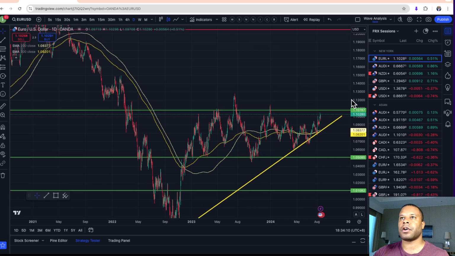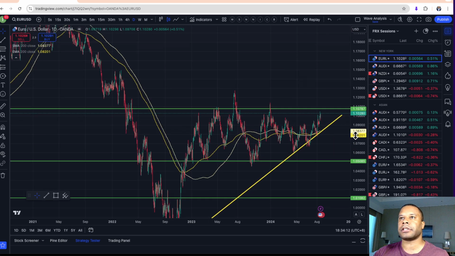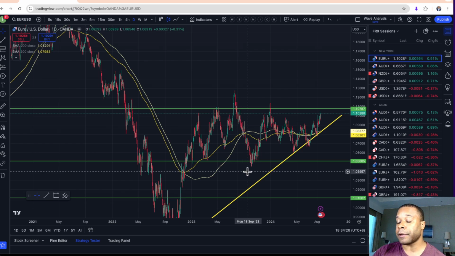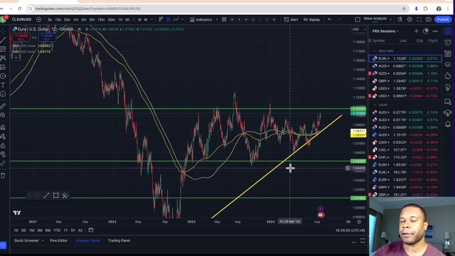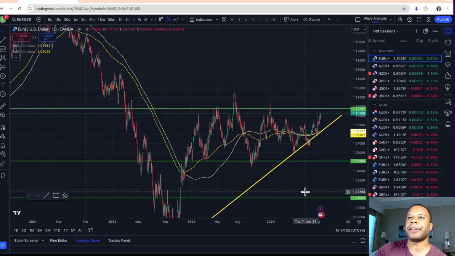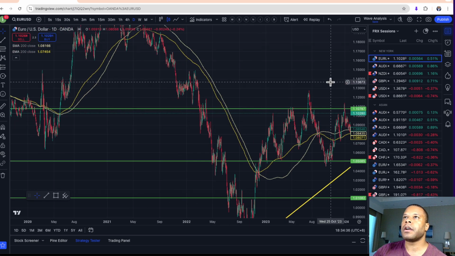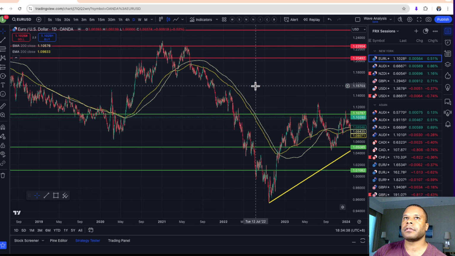Okay, so neither one of them is good or bad. It just depends on you, how you like to trade them, and we'll talk about this later: developing your own strategies and seeing which ones work for you. On different time frames they will look a little different, and you'll see which one works better for you depending on your time frame and your style of trading. But my point is this: moving averages